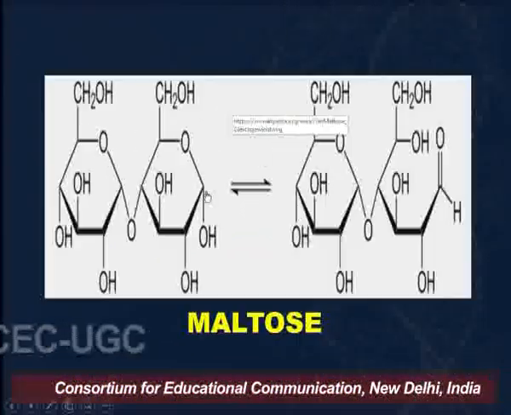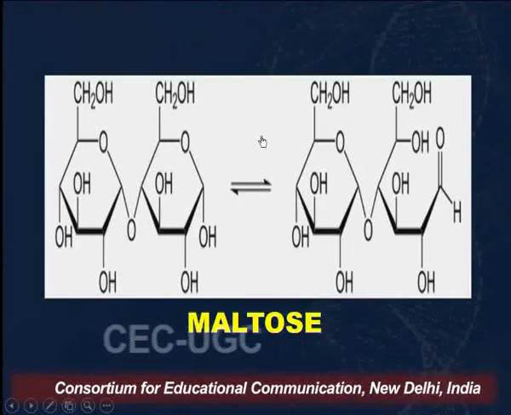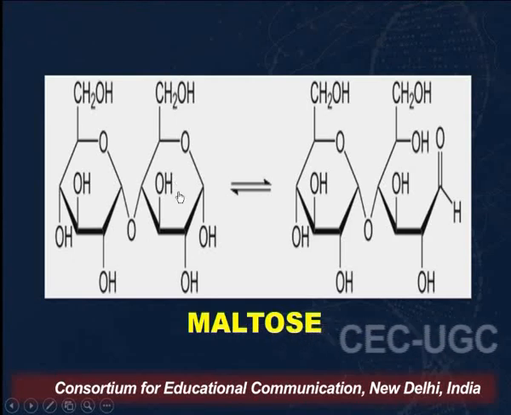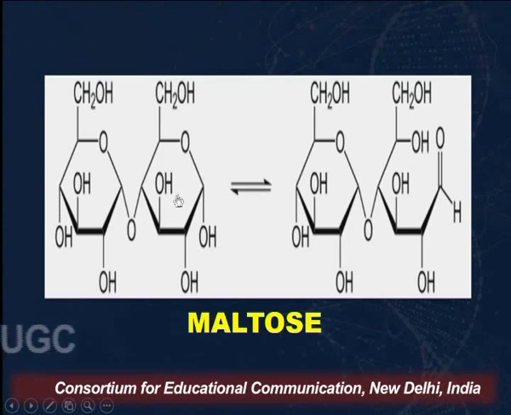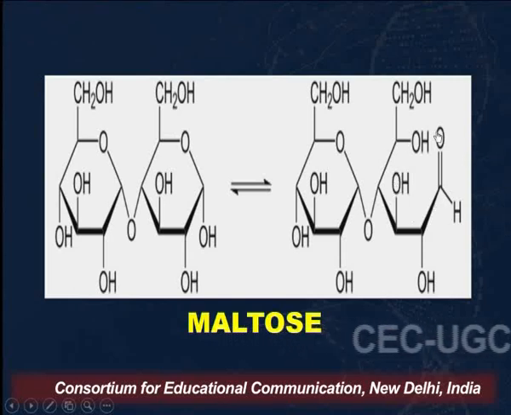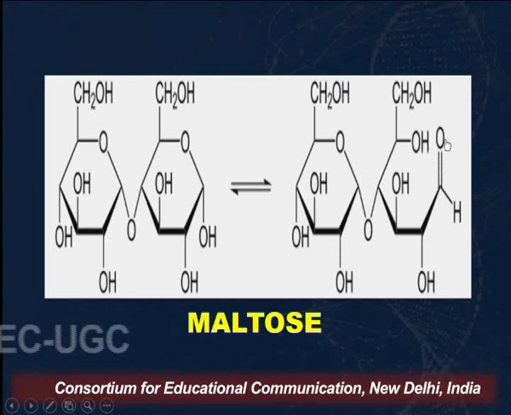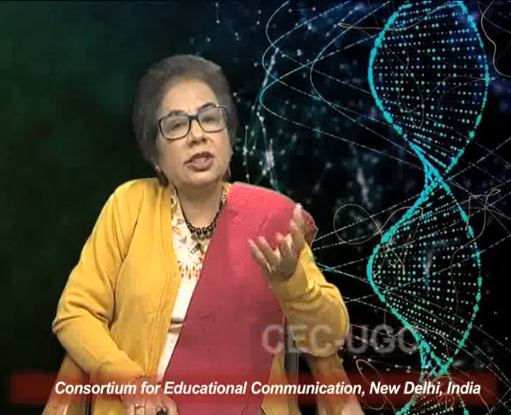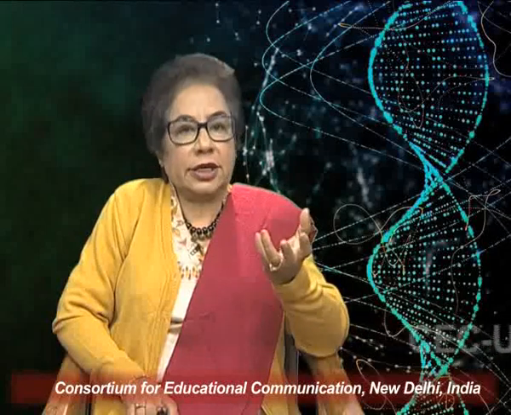When we carry out the reaction with Fehling's or Benedict's or Tollens' reagent, that is in basic medium, it will undergo enediol rearrangement here, it will undergo ring opening, and the structure will open and we will get an aldehydic form here, right? And now this aldehydic form will give us a reaction with the Fehling's, Tollens' or Benedict's reagent.